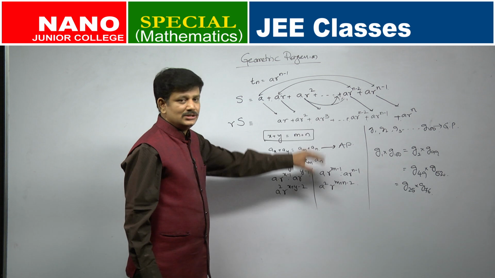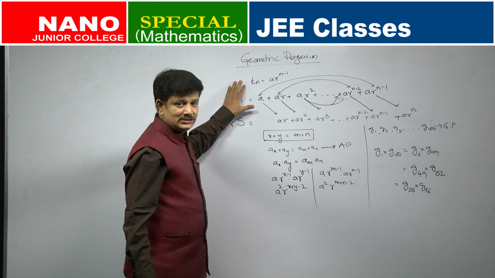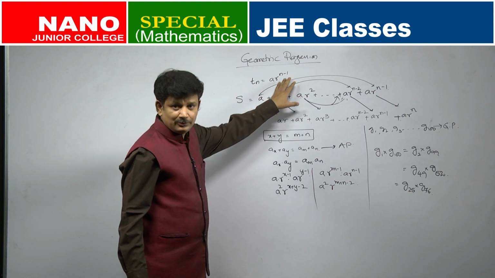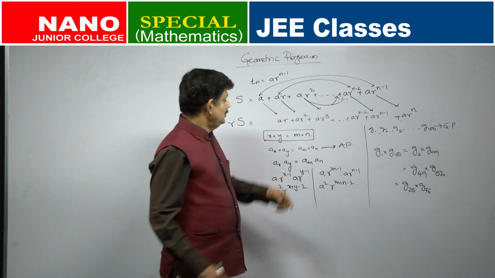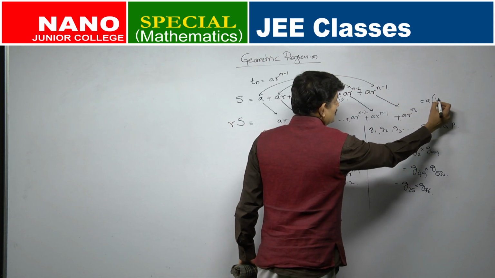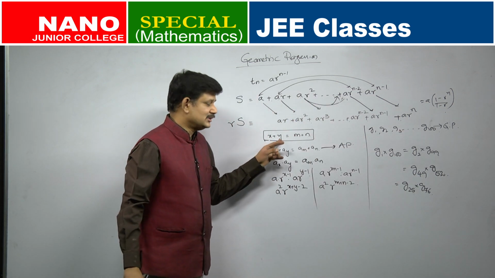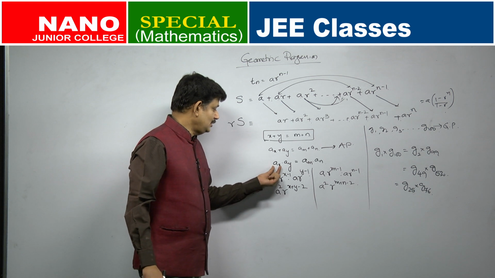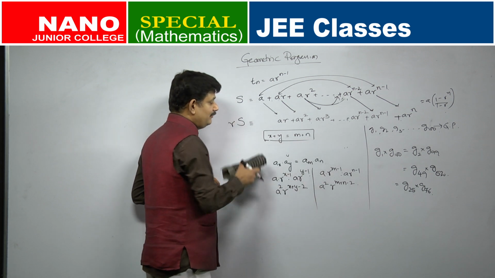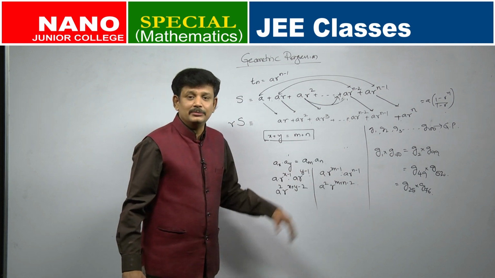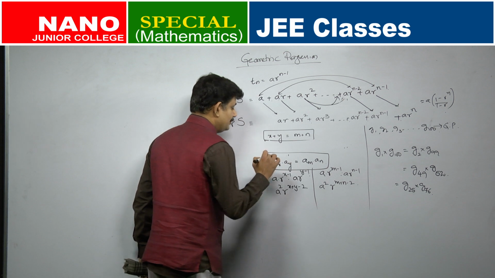So, we will have a lot of questions on GP and combinations of GP and AP. Slowly we will move to them. We discussed three things. In a geometric progression, your nth term is given by A r power n minus 1. Then the sum is given by A into 1 minus r power n divided by 1 minus r. Then we discussed one more property which says if x plus y is equal to m plus n, then in a GP, Ax into Ay will be equal to Am into An. In an AP the sum was the same, so in GP the product will remain the same. This is a very important property, very useful to you in problem solving.